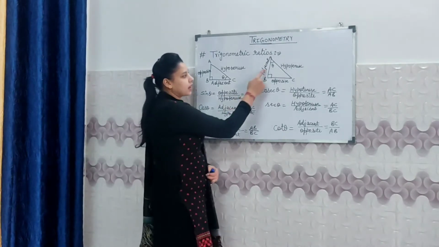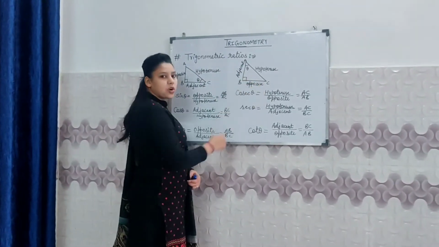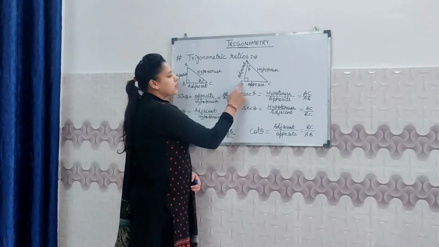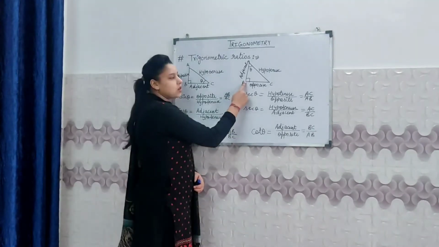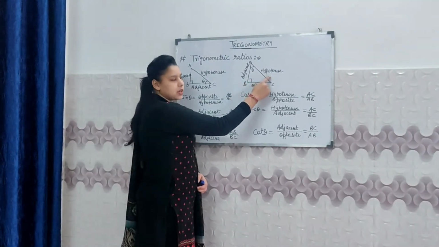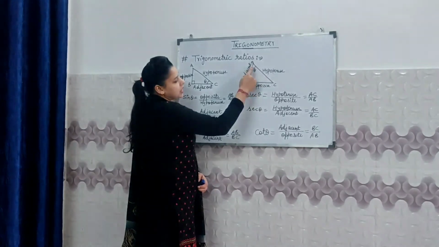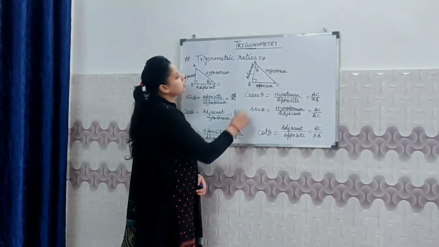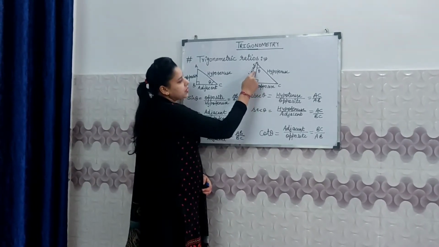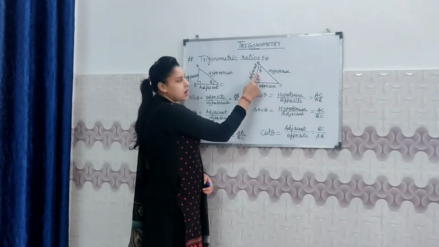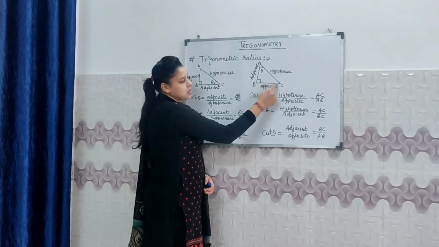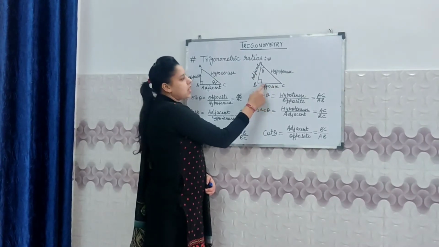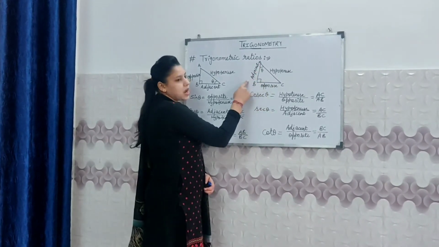In a similar triangle, ABC is also a right triangle in which B is a right angle whose opposite side is the hypotenuse, and angles A and C are also acute angles. In this triangle, we take A as angle theta, whose opposite side BC is called the opposite and AB becomes the adjacent.